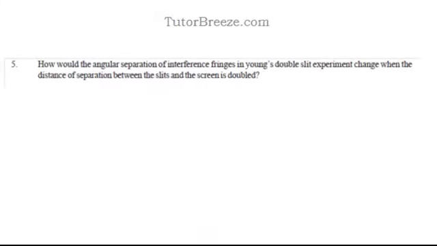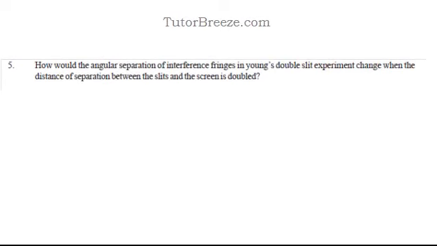See, notice that this question talks about the angular separation between the fringes. Now, the distance between two fringes, which is denoted by beta, is not an angle. This is a distance, say in centimeters or meters, whatever it is. So this is the fringe width, the distance between two fringes. Now, the angular separation we denote by theta, and let's just look at this quickly.